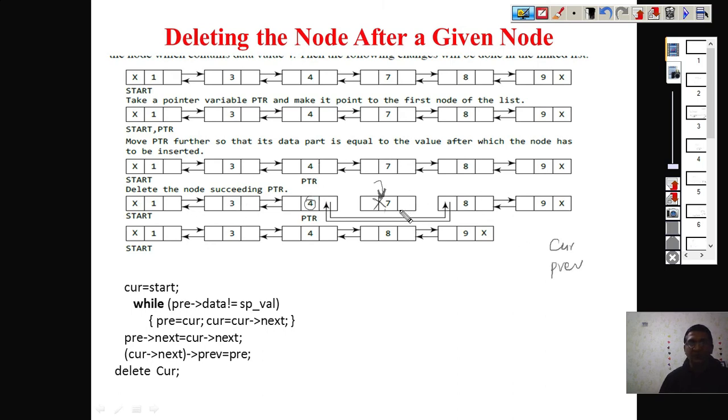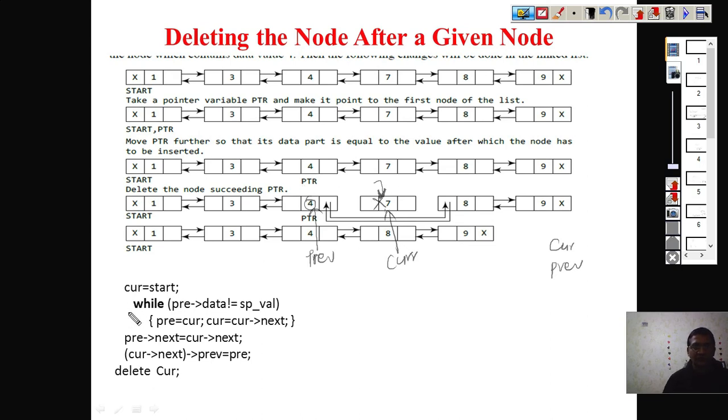So I want to move till here. That means this is my previous node. Until I get my previous node data value 4, I keep on moving. So I said here, while the previous data is not equal to the value which I am looking for, I keep on moving. I assign the current to previous, and current next becomes current. When you stop here, this is your previous, whose data is 4. You will stop here, and at that time this is current, and you are out of the while loop.